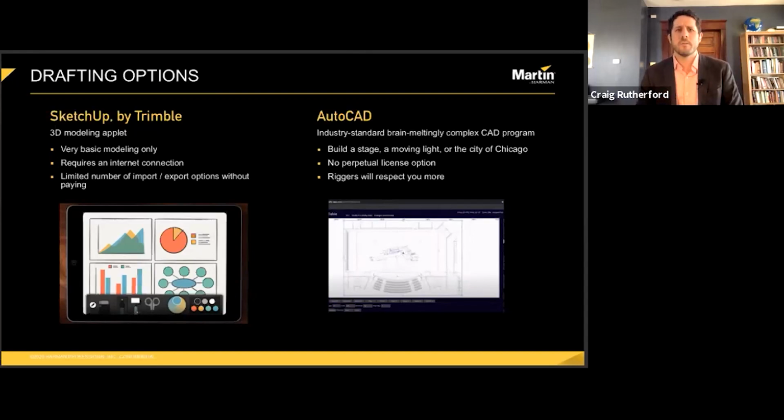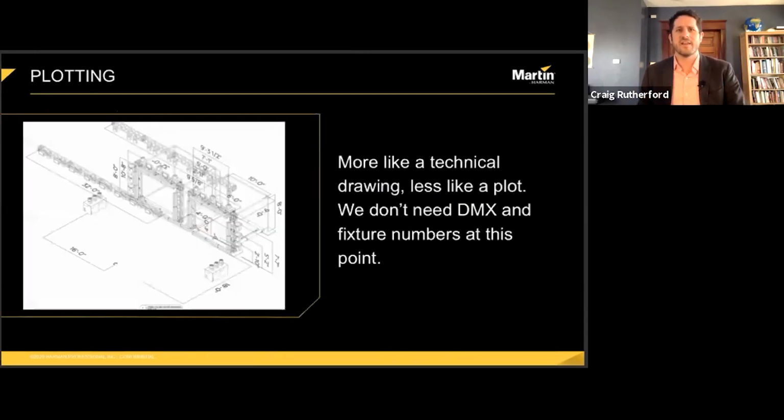A brief aside also, I'm using the term plot here to refer to two different types of documents. A plot can have varying levels of detail. For instance, a detailed lighting plot could include things like focus positions and DMX addresses, channel numbers, electrical circuit information. That isn't what I mean here. A detailed plot like that is not what I need to send to potential clients. Detailed plots are a tool that the lighting shop, the project manager, and the lighting technicians need when they're putting together a rig. But what I want the client to see is a lighting design.